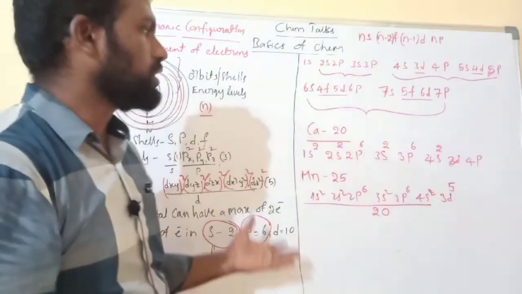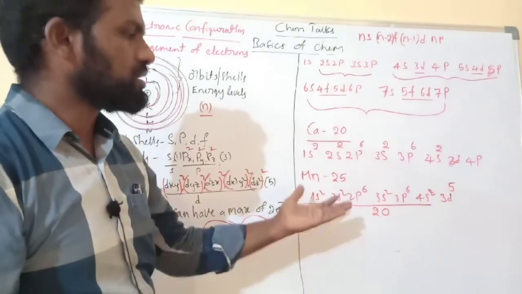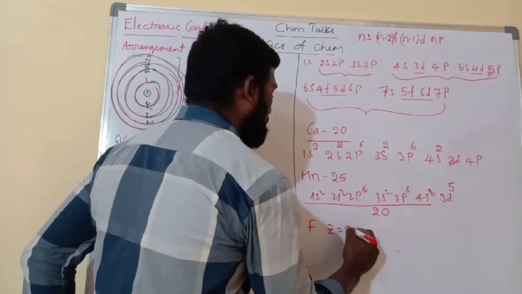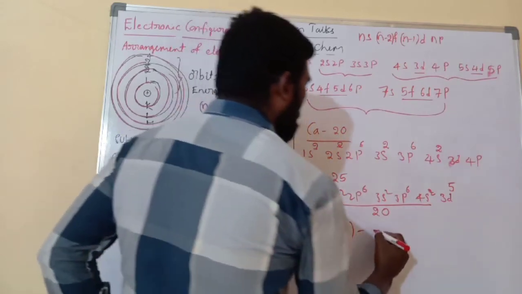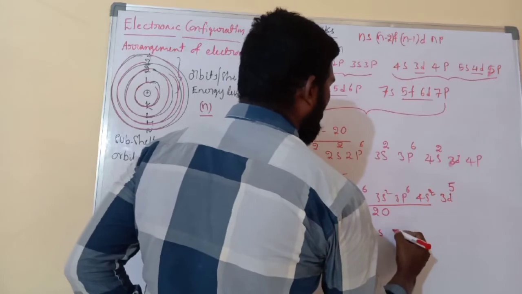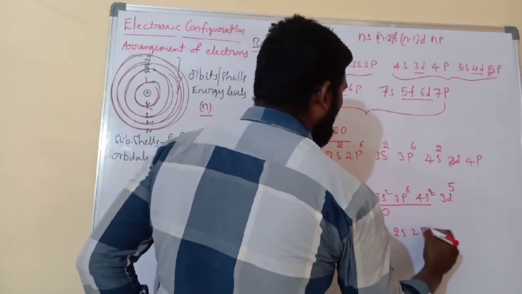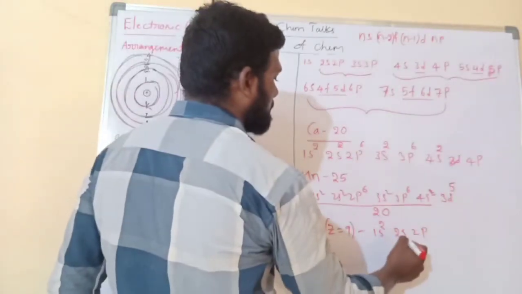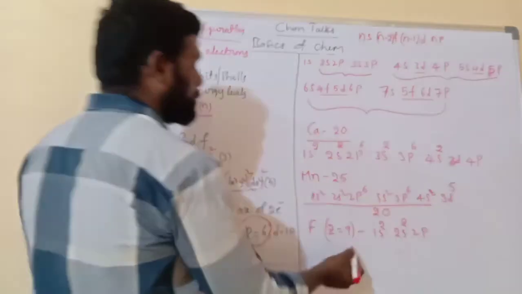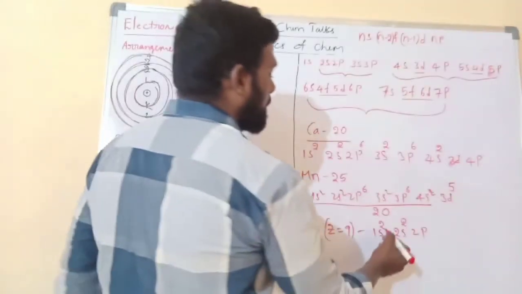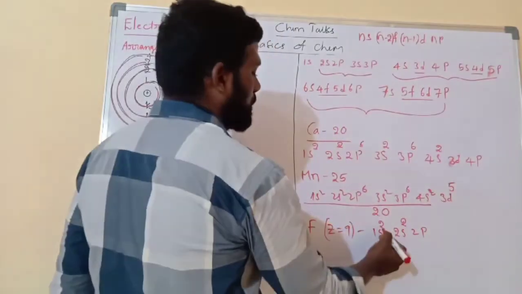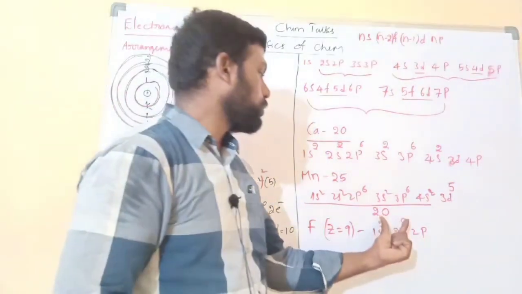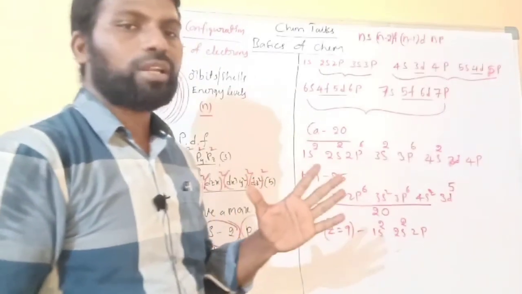If you want to write the electronic configuration of any other element, let us take one small element like fluorine, whose atomic number is 9. Now first let us write the sequence 1s, 2s, 2p, and so on. Next, S can accommodate 2 electrons, 2s can accommodate 2 electrons. We have a total of 9 electrons. I have already written 4 electrons here, 1s2, 2s2. Still how many electrons left? Out of 9, 4 already placed, 5 more electrons left.